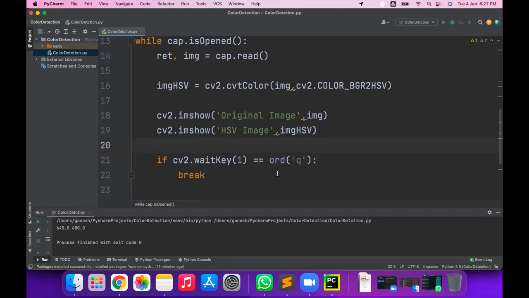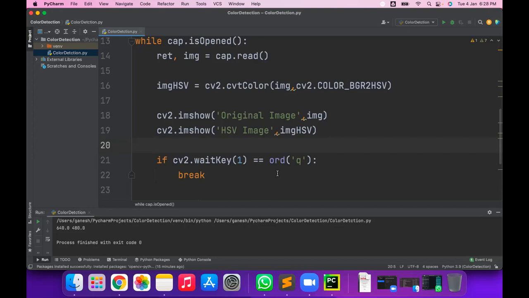Suppose we are making the mask of the red one. So all the other color pixels become 0. All the other color pixels are 0, and only the pixels having the red color are in red color format. So we have to create a mask which can be applied on our image, and we are doing a bitwise ANDing. So what is bitwise ANDing?